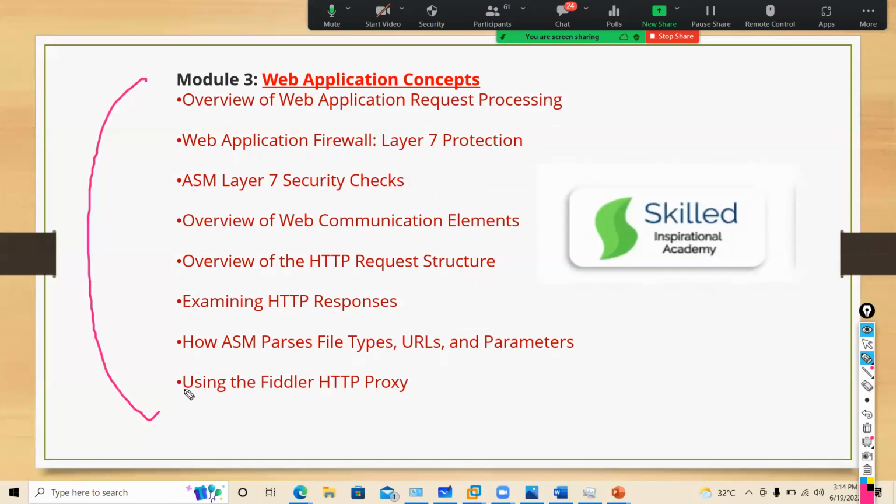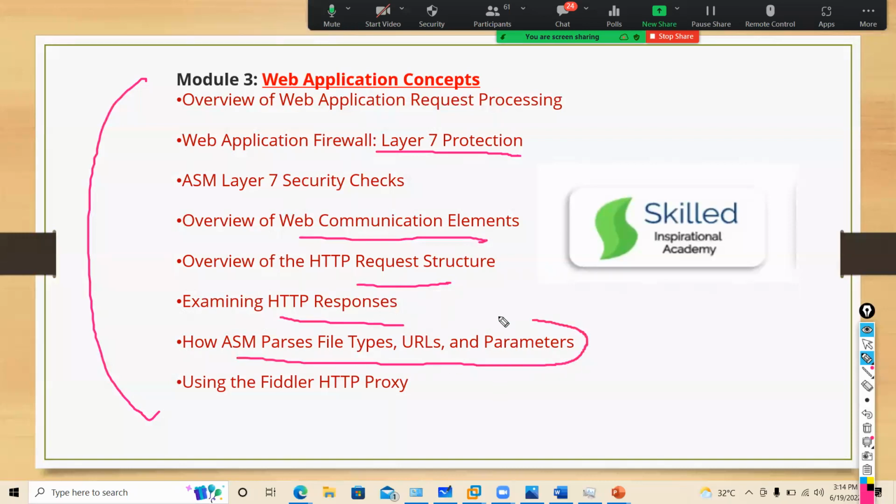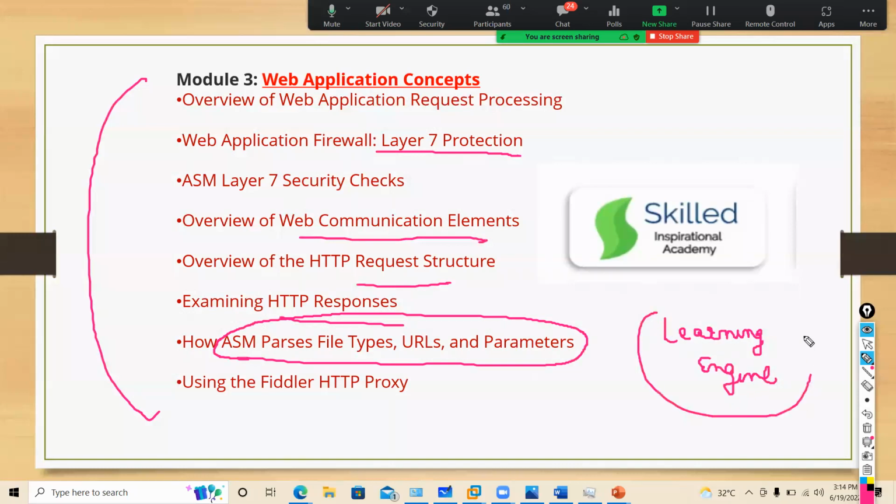We will talk about what comes under layer 7 protection, how F5 will examine request and response, and how ASM parses file types, URLs and parameters. F5 has a dedicated learning engine. It will give you all details when you access any website: what file types users have access to, URLs and parameters.